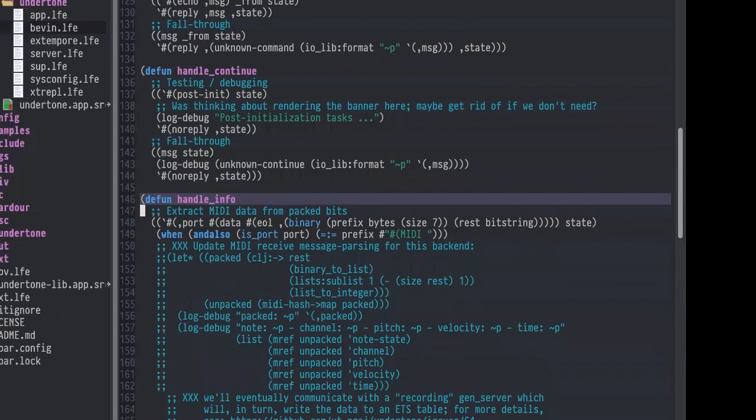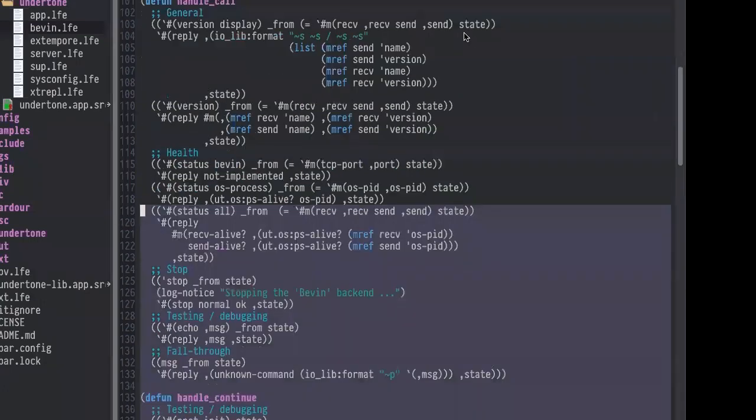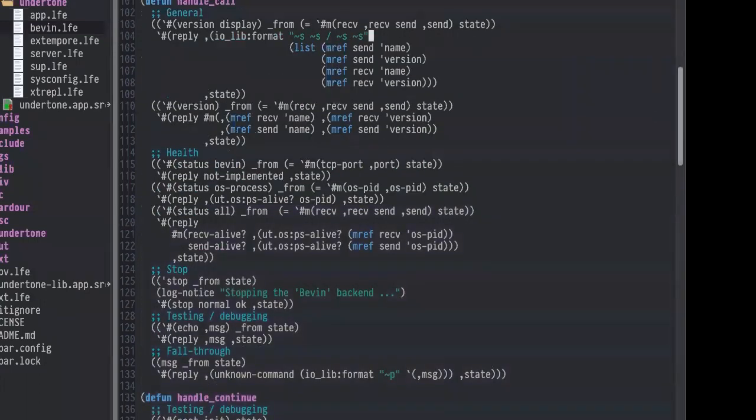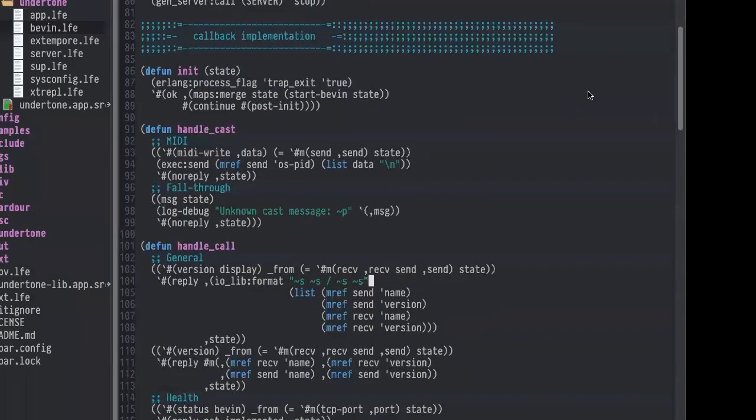Okay. But depending very much on what you want to do with it, it doesn't really make much difference. I mean, you might put a state machine here. You might have a state machine talking to it. And they still have exactly the same issue, that things are going to come in from the port through the handle info. Right. But then, of course, you know which state you're in, et cetera. So, yeah. Well, it's going to come in as a cast, but yeah. So you have those issues. You just have to work out for it.